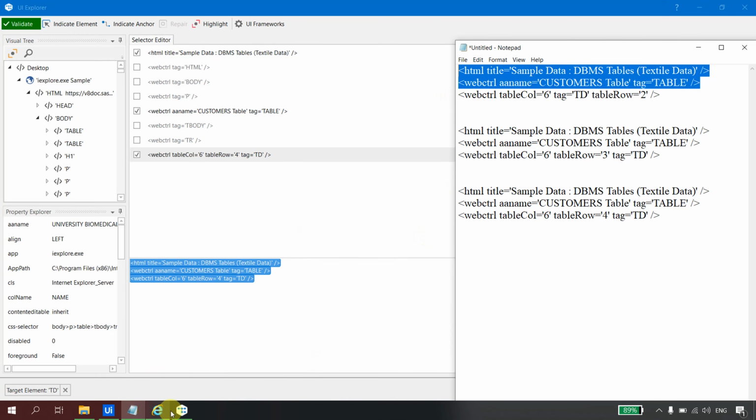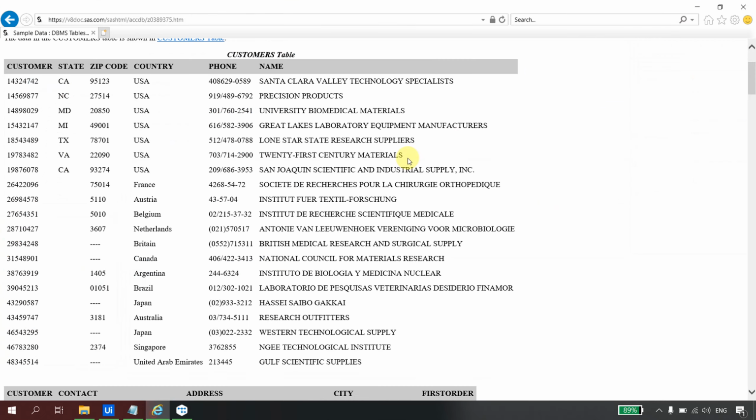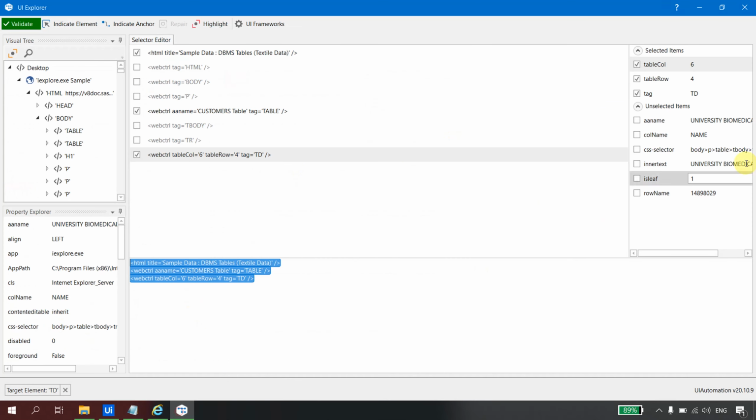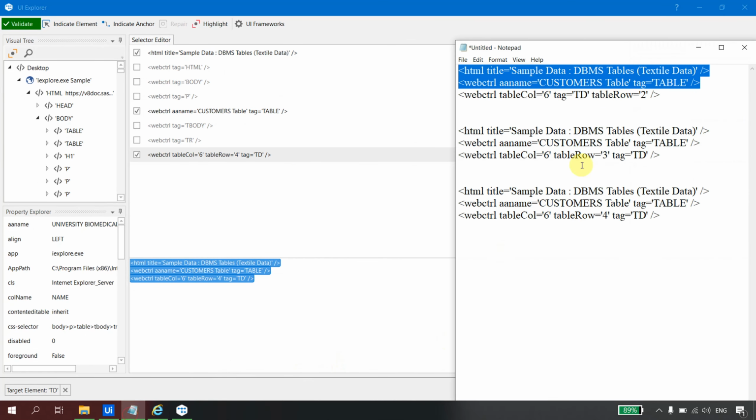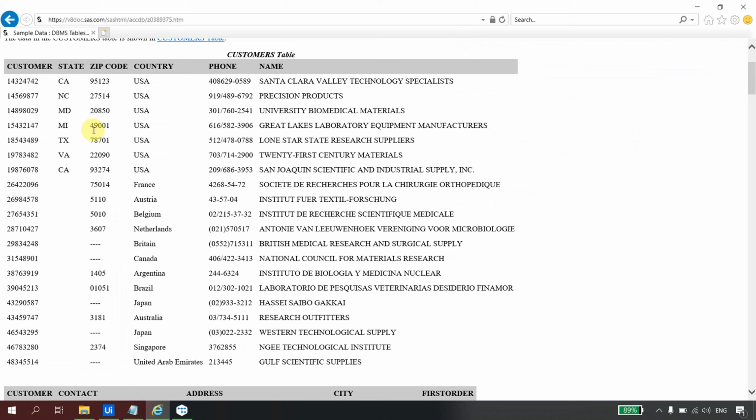Now since this entire thing is a tabular structure, that is why UiPath is getting the selector in the form of rows and columns. So if you see, the column is 6. How is the column evaluating? 1, 2, 3, 4, 5, and 6. And then this is the row, right? So what does it say?